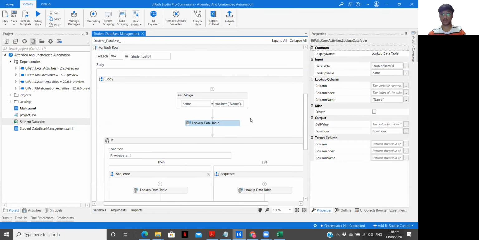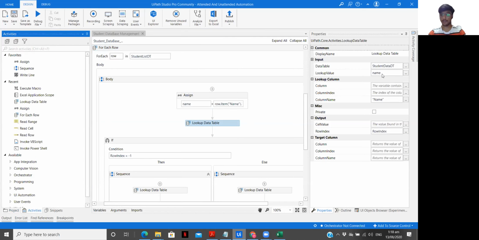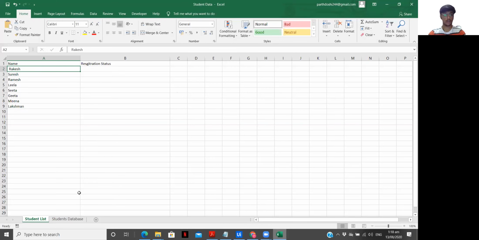This is the lookup data table activity, which we are using from the data table package. We are looking up the value name in the student data dt and in the column name, as you can see over here, where I have defined these three fields, and as output we are taking the row index. So here we are going to get the row index of this particular Rakesh value in this database.